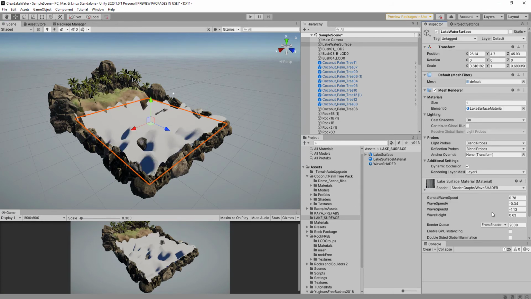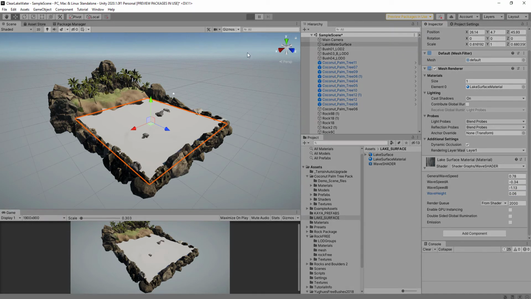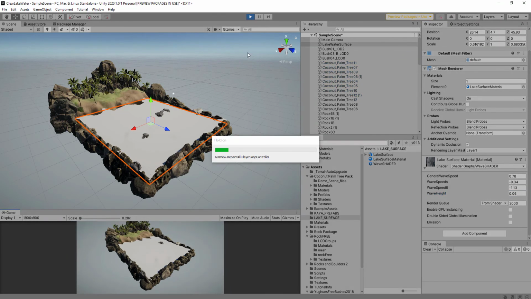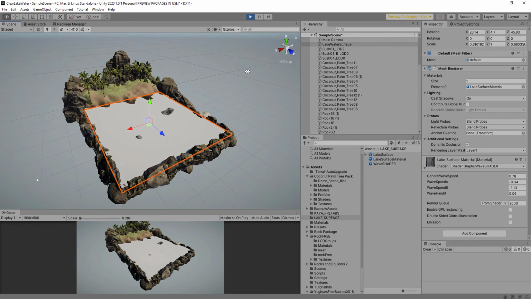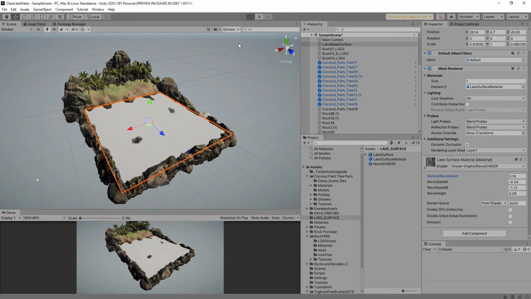We have to reduce. Yes, we can see, still very fast. Wave speed maybe, yes, we can see,